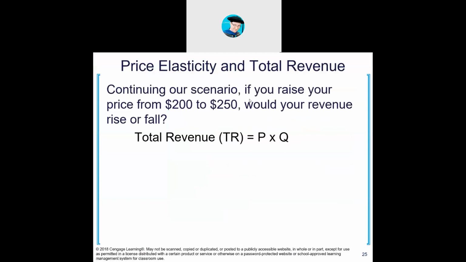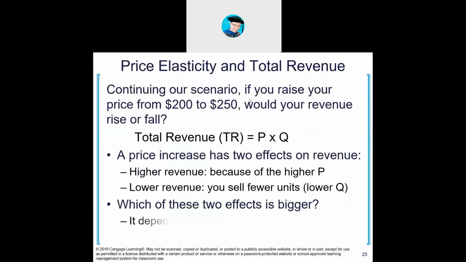So let's apply this concept to revenue. As you hopefully know, and if you don't know, I'll tell you, revenue is earned by sales. Your company sells, it earns revenue. Sales is revenue.